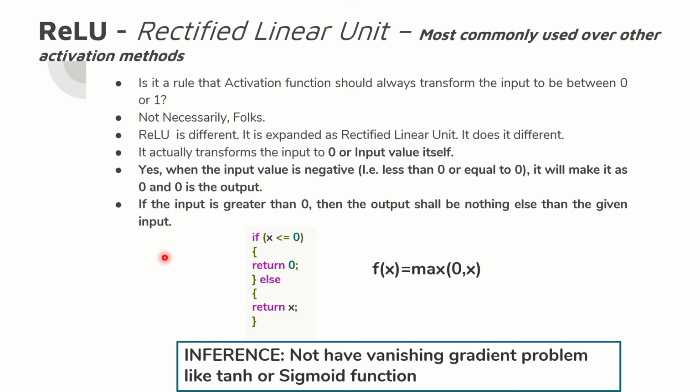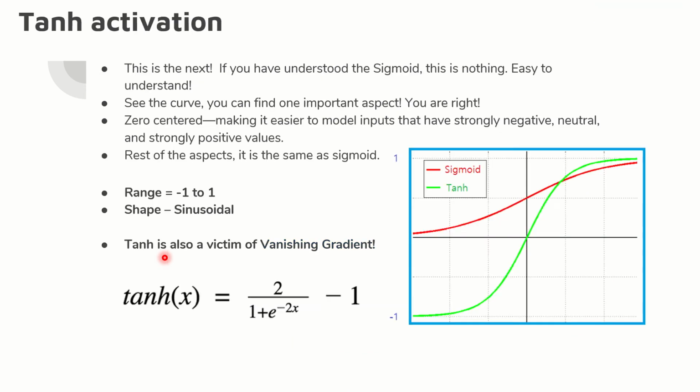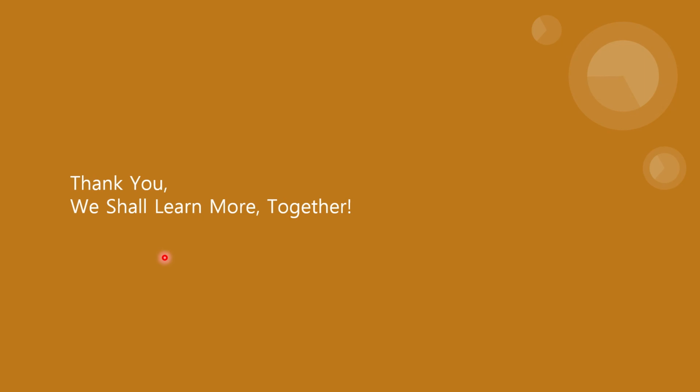In this session, we understood quickly about three of the most frequently used activation functions: sigmoid, tanh, and ReLU. I hope you understood the crux of all three, and we are going to use them extensively in the next part, where we are going to code for deep learning algorithms or techniques that are going to help us in understanding RNN.